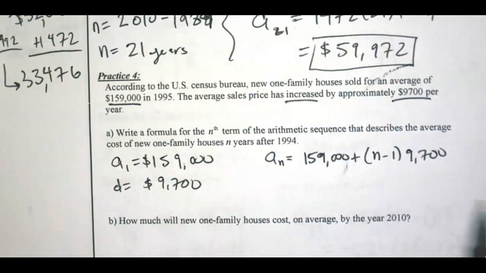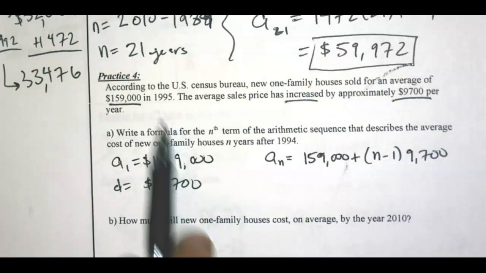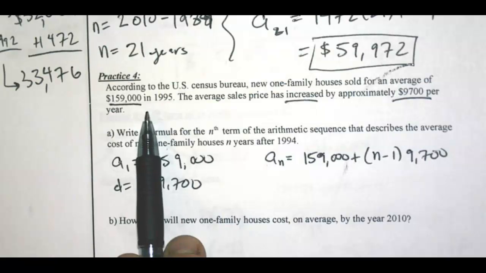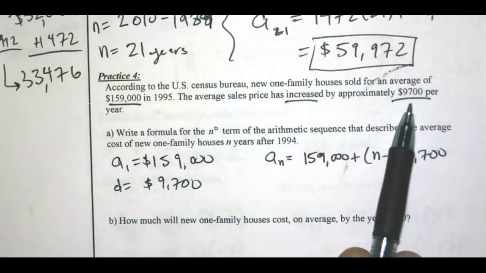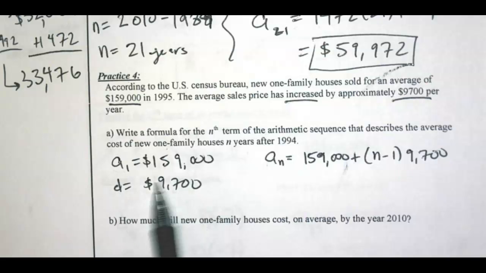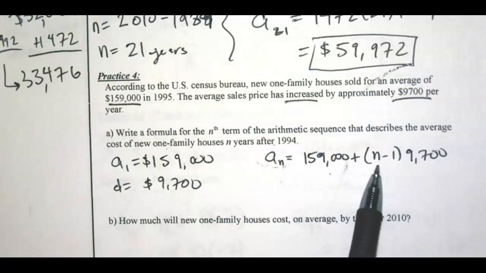So this next problem, I already identified a couple things here. It's the price of a home in 1995. So the price of a home in 1995, $159,000, is a sub 1. The price increases every year, it says by about $9,700. So it's increasing by, again, that amount. That amount is your difference in the formula, the common difference. And I plug those into the formula, guys. If I want the nth term, on any particular term, I can take 159,000 and then add n minus 1 multiplied by 9,700. Remember, if you do that